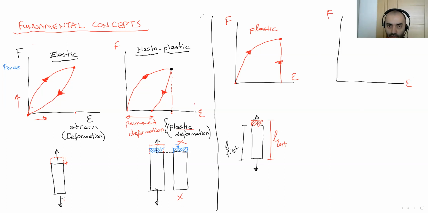By the way, let's draw the sketch again here. We increase the loading. Okay, the length increases. But at the end, when I remove the loading, again, it goes back to the initial position. There is no permanent deformation